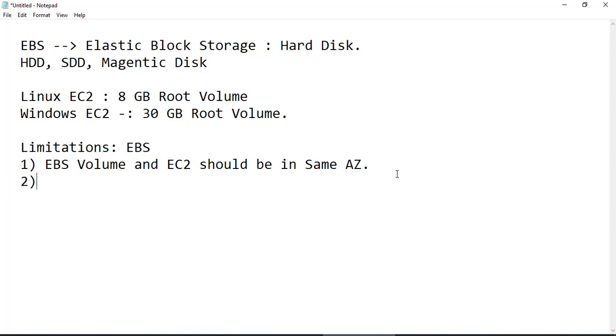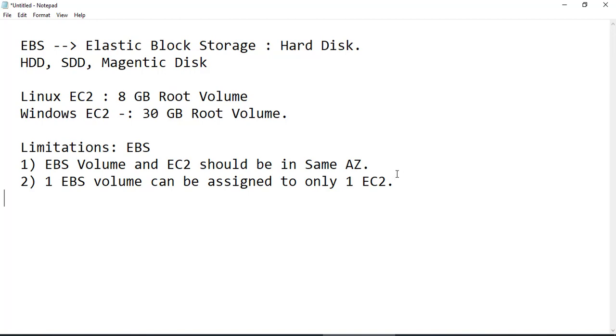The second thing is that one EBS volume cannot be assigned to multiple EC2s. One EBS volume can be assigned to only one EC2. There are some changes going on recently on this point. I'll let you know more in detail once I have the documentation for this.